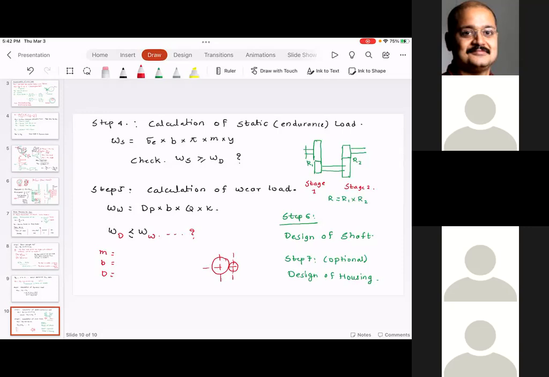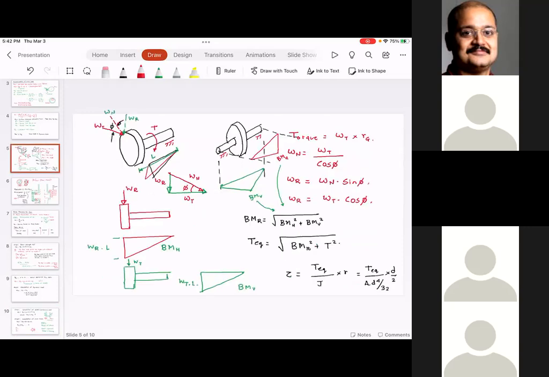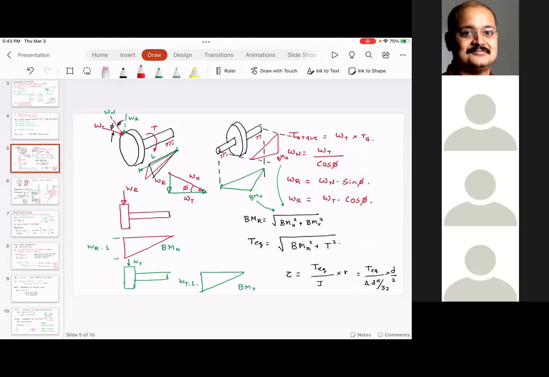Now, how do you decide? There is a concept known as preferred numbers. For example, if I want an overall reduction ratio of 9, what should I do? Should I go 4.5 times 2? It means the first reduction ratio is 4.5 and the next reduction ratio is 2. Or should I go with first reduction ratio 3 and the next reduction ratio 3? So there is a concept known as preferred numbers, and you choose reduction ratios which are close to preferred numbers.